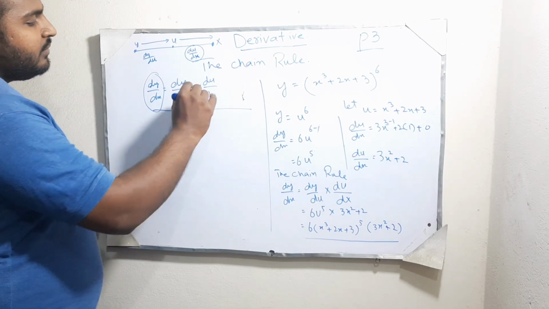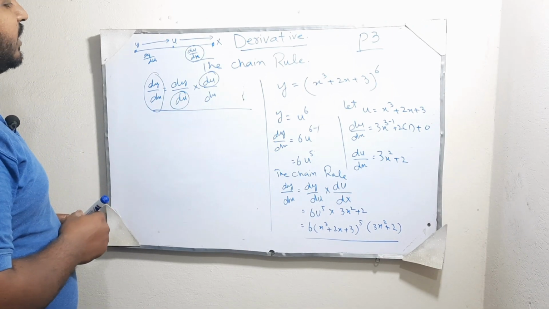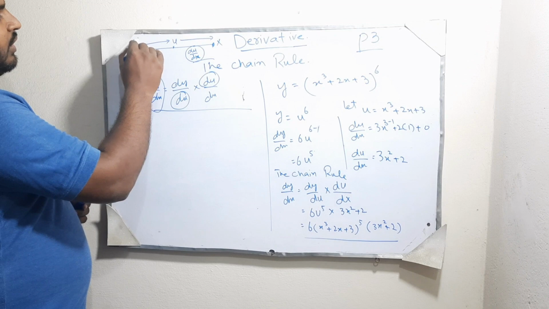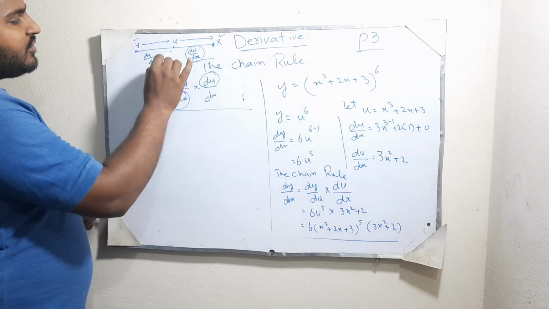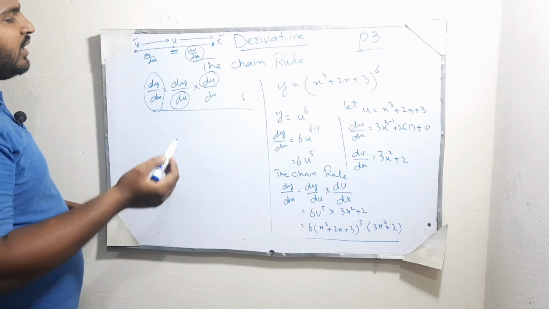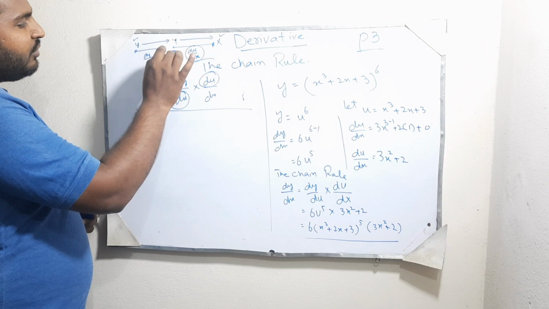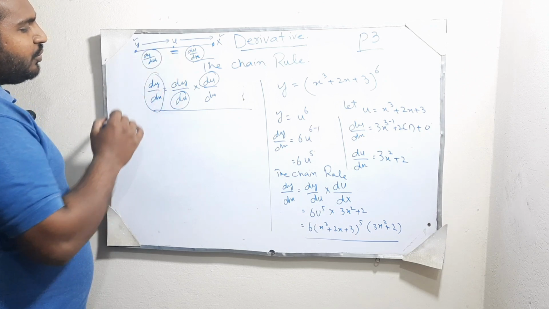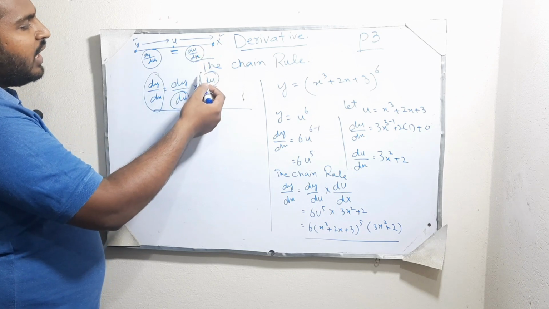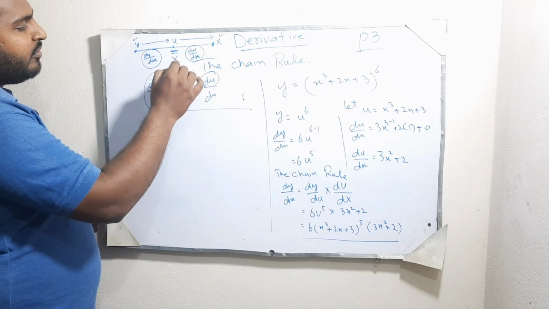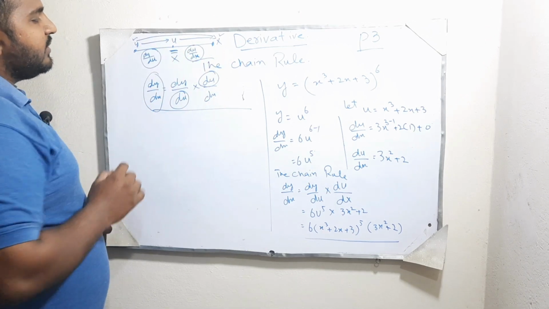U would be our parameter here. We can memorize it like if we are going from our office to our home and we stay somewhere in between, like at a place u. First we will go from y to u, this is dy by du, and then from u to x, this is du by dx, and these two will multiply and we will eventually go from y to x.